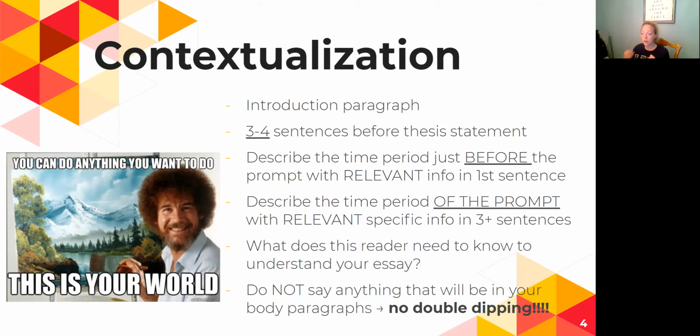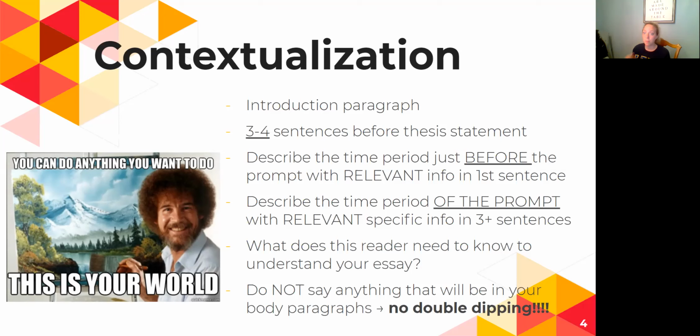The biggest problem here is that you cannot double dip. If it is something that you're going to call out specifically in your essay as evidence, if they see it through in one of the body paragraphs, they will go back to your intro and cross it out. So for instance, in the essay that you guys wrote about continuity and change in campaigns and elections in the Jacksonian democracy era in first semester,